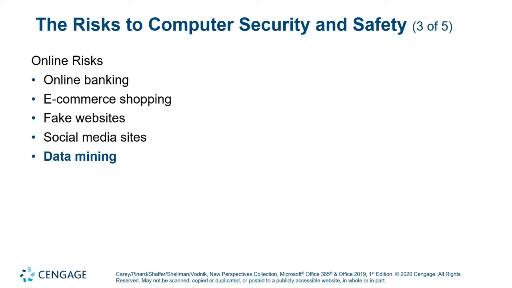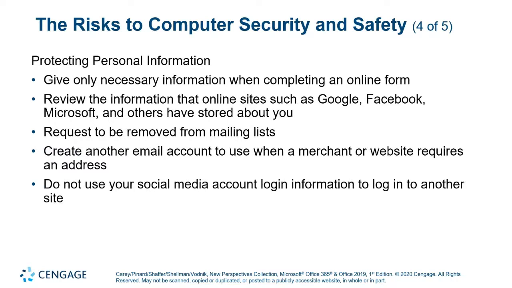And there are ways that you can be sure of your own data, what's out there, and you can take a little bit more control over it. We're going to discuss that really quickly here. Some ways that you can protect your information. Firstly, only give necessary information when completing an online form. You may have noticed that most online forms will say, here is this information. If you see a red asterisk beside it, that means that it is required.